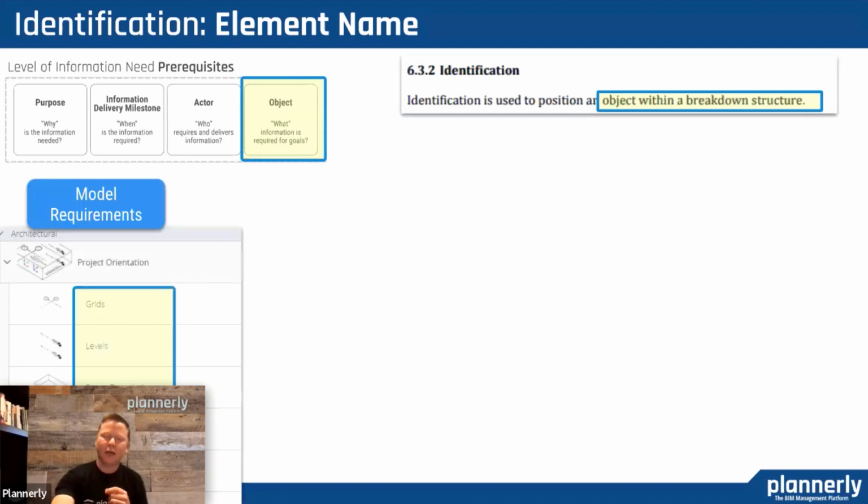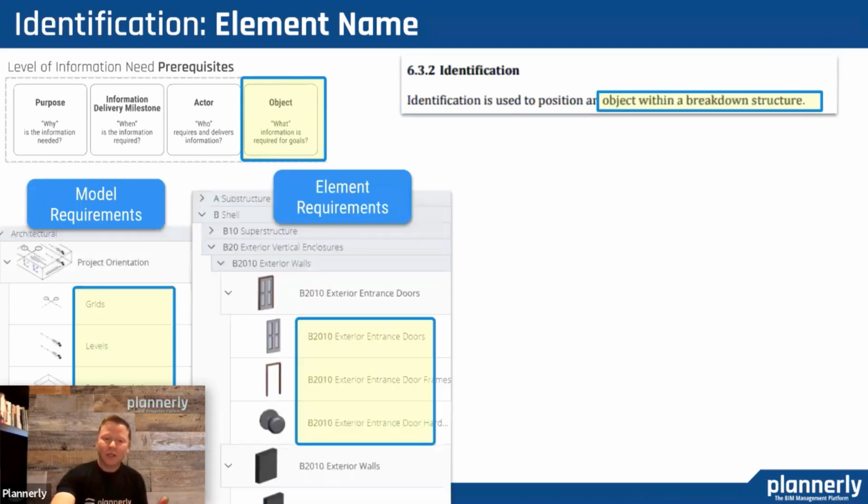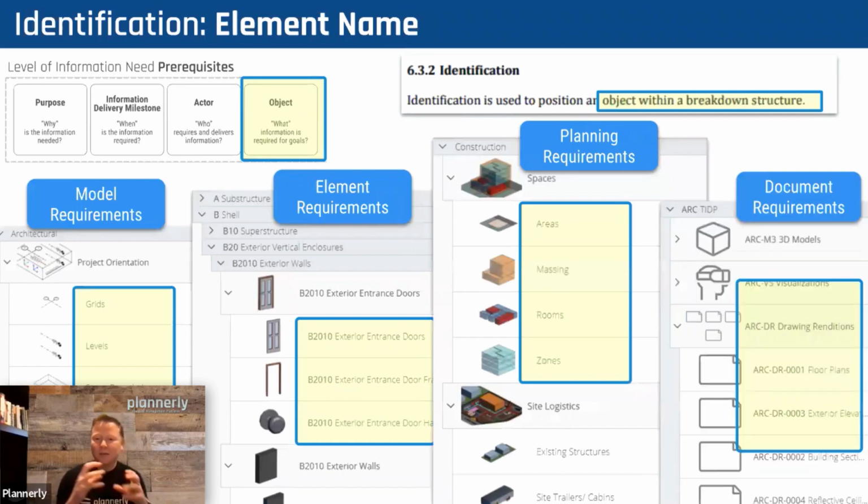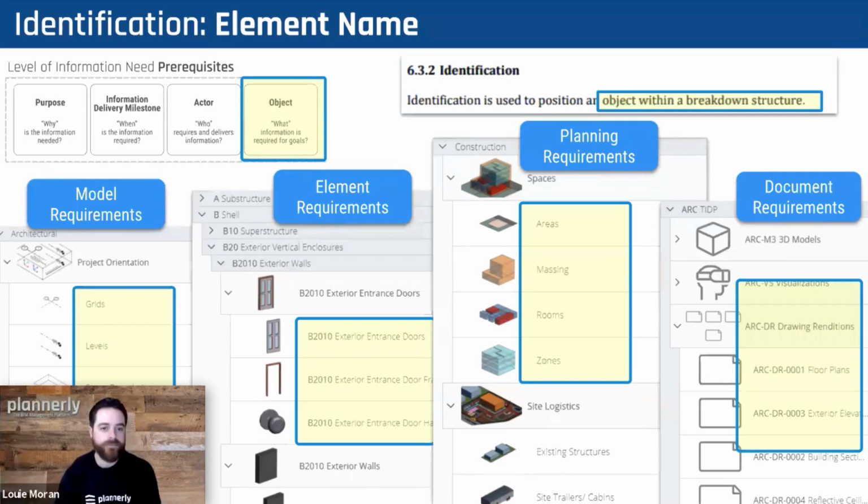And when you've got that classification structure, we need to identify specific objects. So inside of that, what are the objects and what are the element requirements inside of those? What are the detailed documentation requirements, planning requirements, understanding that list of objects, and it can be different for each use case. So it might be areas or massing for certain use cases. It might be documentation for other use cases. It might be a combination of all of these. Yeah, it doesn't always have to be a modeled element.